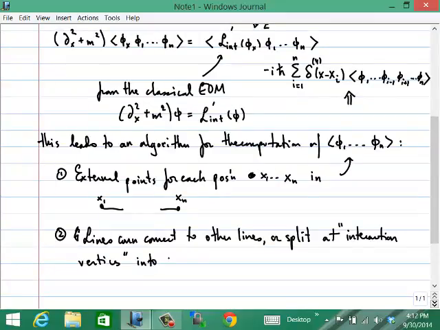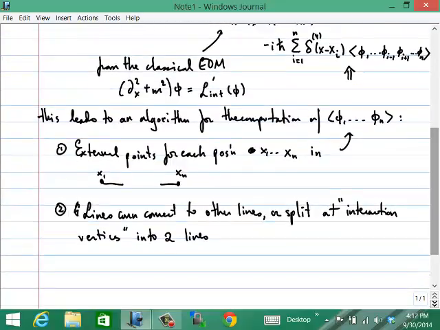Okay. So, for example, you could have a split that looks like this, where you introduce another vertex here, and then